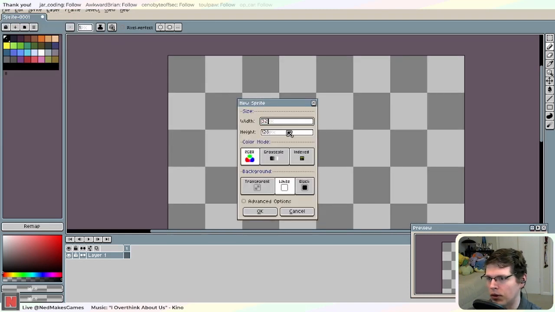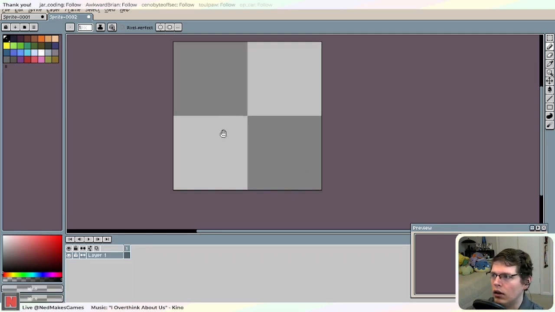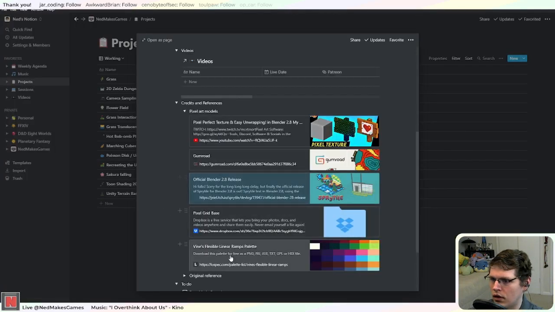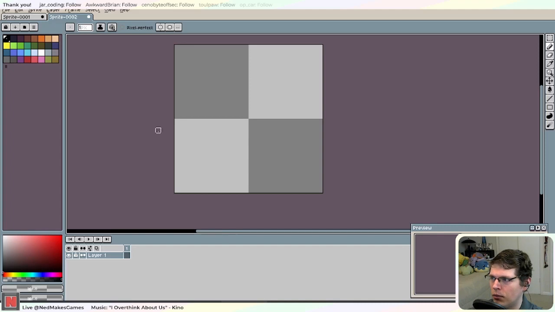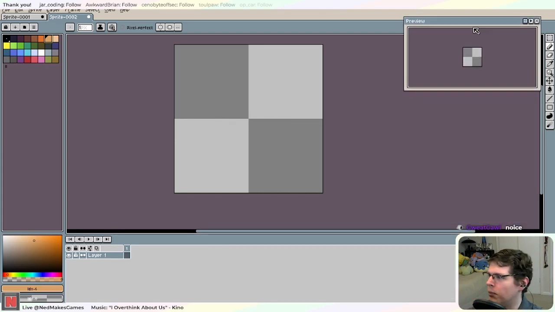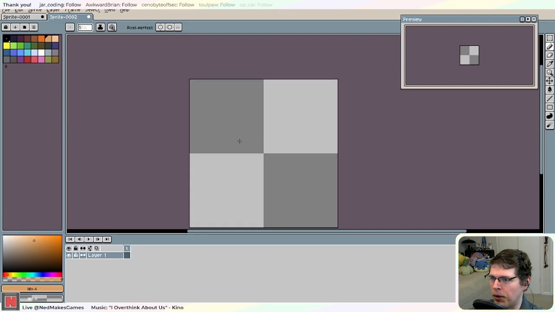Let's see, let's start with a smaller canvas just so it doesn't overwhelm too much. Okay, and I'm using a palette called Vine's Flexible Linear Ramps palette on lowspec.com. It has some pretty good variety of colors, so I'm hoping that it'll help speed up that aspect as well. Oh yeah, I should move the preview up so my webcam's not in the way. But yeah, this program is called Aseprite, by the way. It's a really good